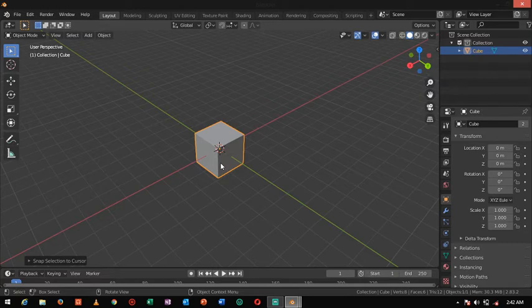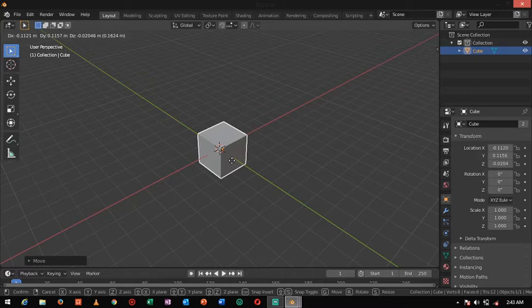Now if you press S for scale, you can increase the length, diameter, the full cube. You can increase as much as you want.